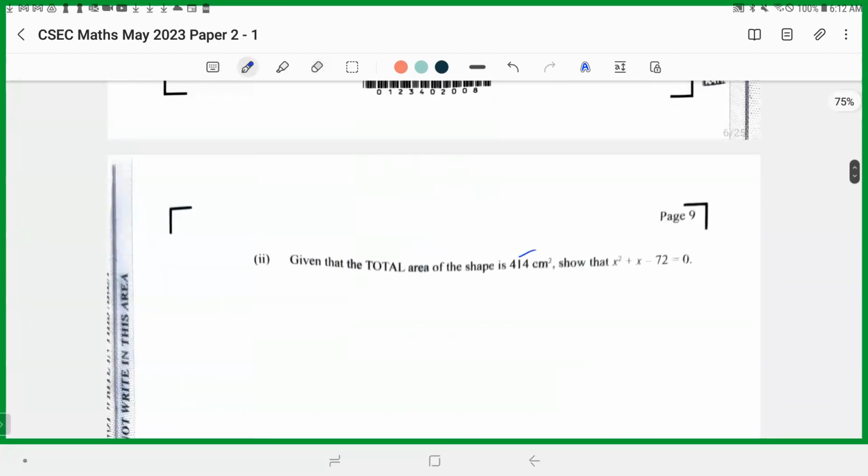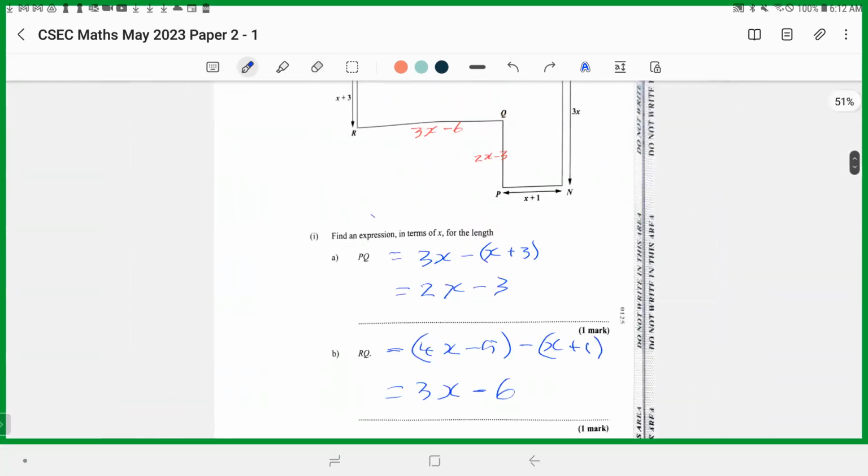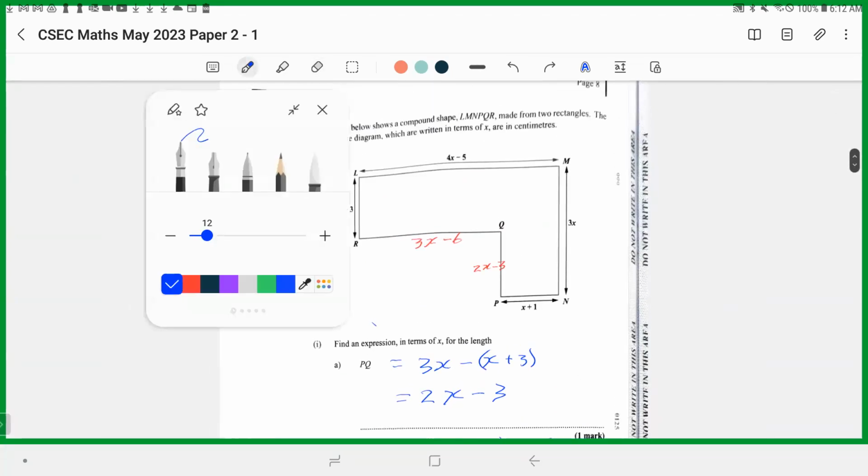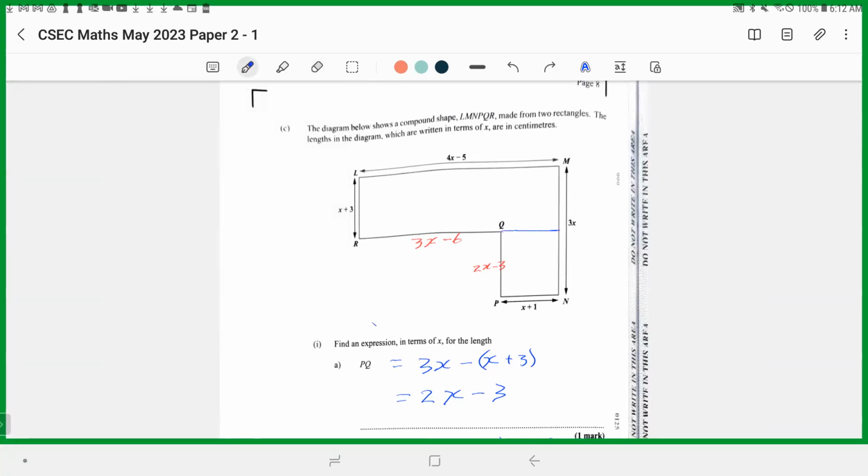given that the total area is 414, we are to show this equation as a quadratic equation. So the total area is 414 centimeters squared. So let's look at it. What we can do is break down the shape into two rectangles. Just divide it across here so we can just extend this side. And then it becomes two rectangles, rectangle 1 and rectangle 2. And so basically calculating the sum of those two areas, and they should be equal to